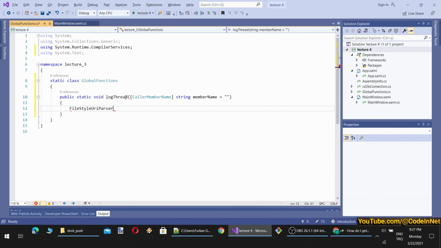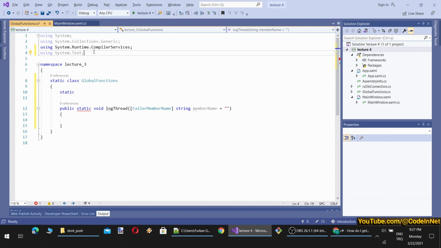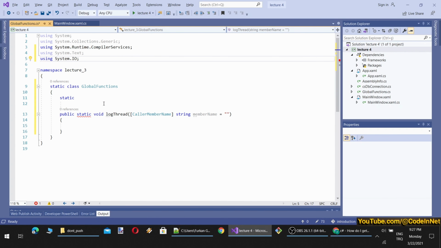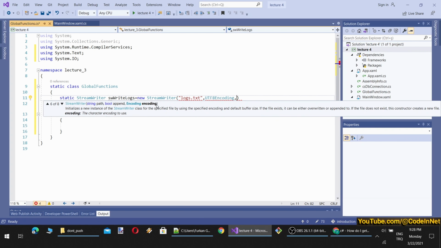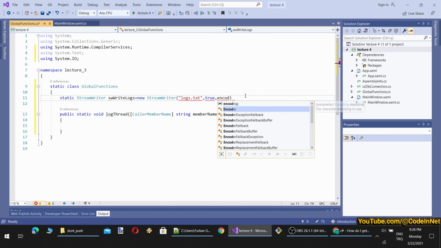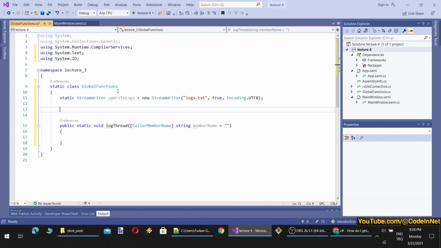Here, we will log from multiple threads concurrently. I will use a StreamWriter, and to be able to use it, we probably need System.IO. Let's put in the output StreamWriter, right? Logs equals new StreamWriter. Let's give it a name, logs.txt, and we will make it UTF-8. I need it to be appending. There is a bool append, so it will be true. I will also assign AutoFlush, and to do that I need a constructor for this class.